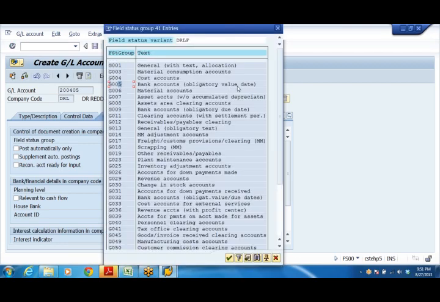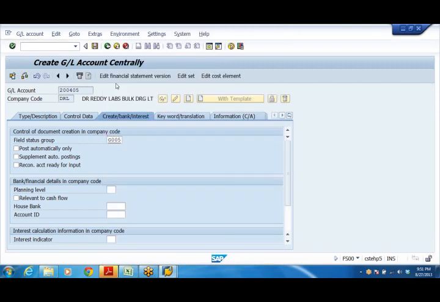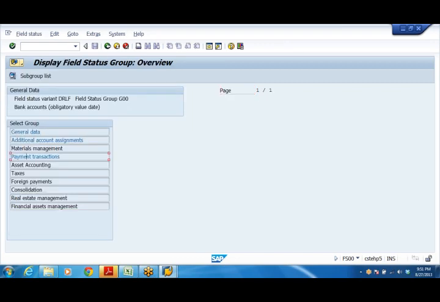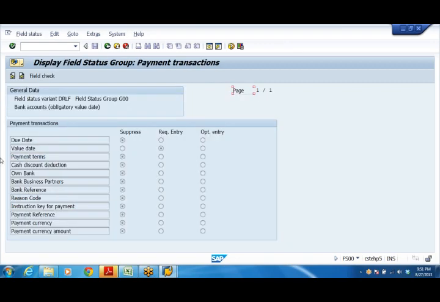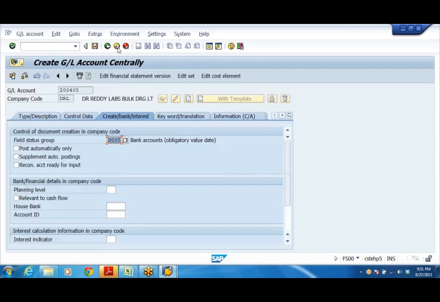For a bank account generally, this is the field status group we have to take. The reason being, here the value date will be the required entry. In payment transactions, value date is the required entry. Regarding value date, I will tell you the actual meaning and how it works by posting an accounting entry. So G005, save.